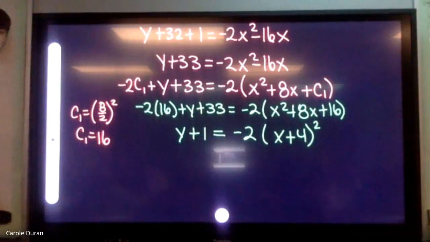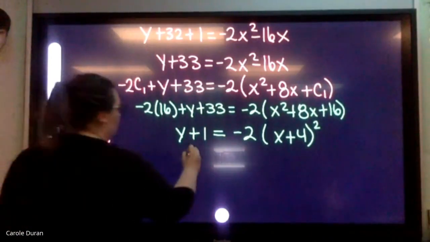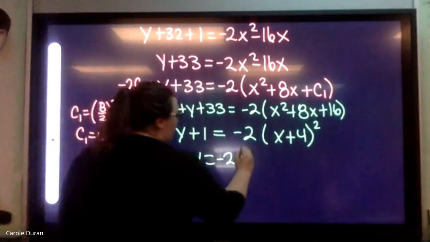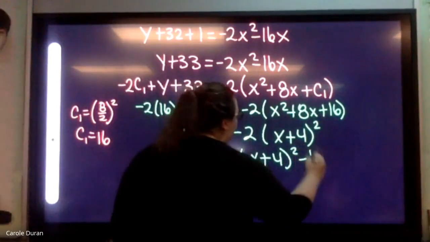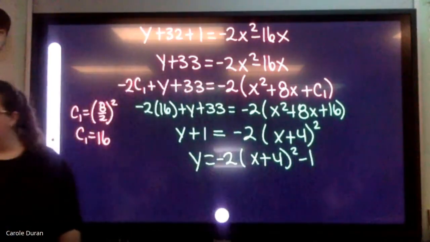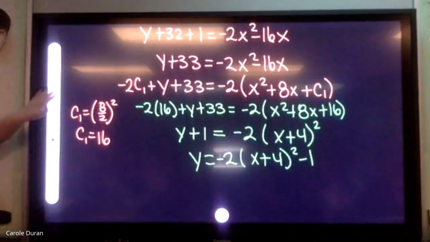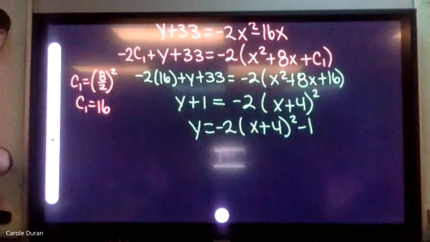What is my last step here? Move the 1 back over. Good. So my equation is y equals negative 2 times the quantity x plus 4 squared minus 1. That is a y equals parabola. So is it going to be a vertical, which means it opens up or down, or is it going to be a horizontal that opens left or right? It will be a vertical, so it's going to open either up or down